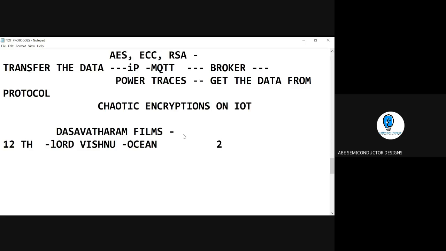Then comes a 20th century incident in which a biovirus is formulated, and we have to safeguard the people from the biovirus.